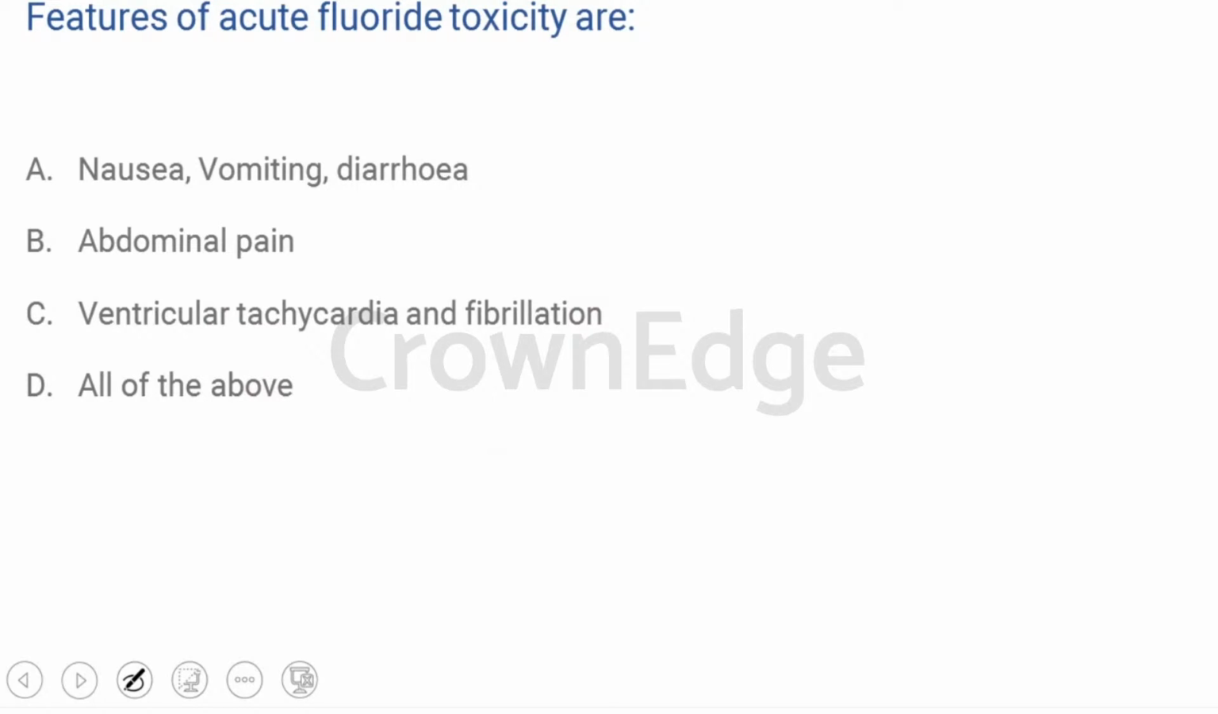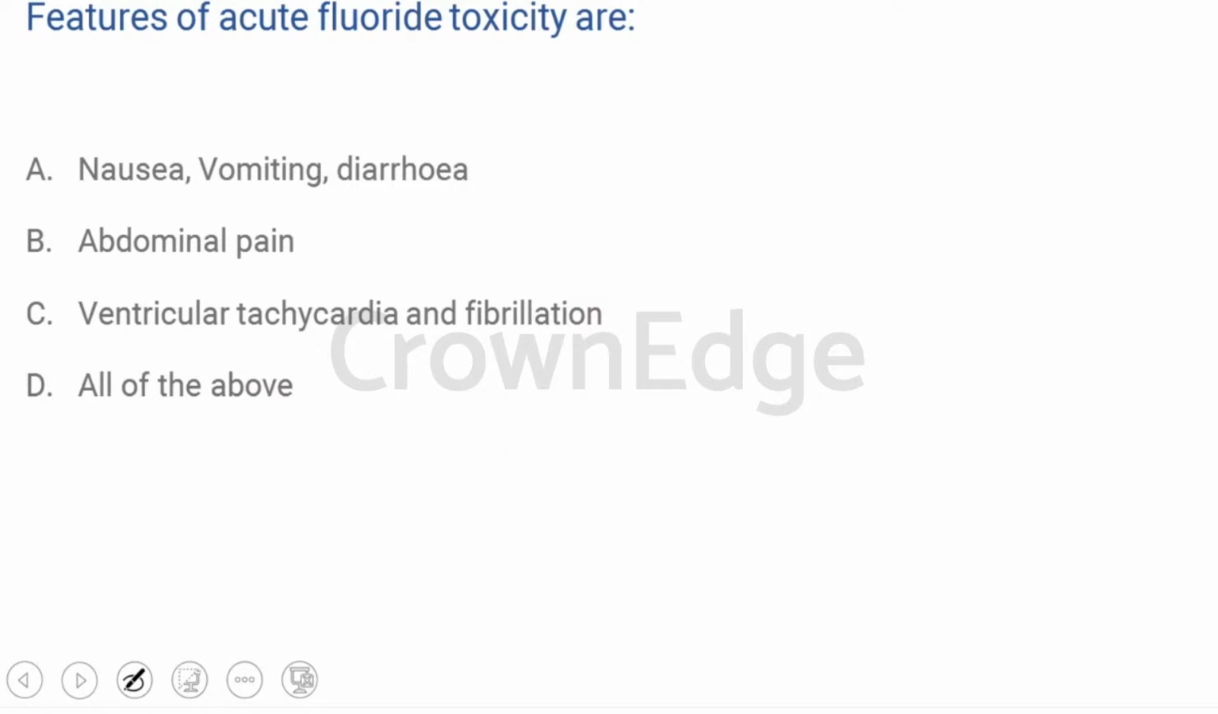Next question is features of acute fluoride toxicity are A. Nausea, vomiting, diarrhea, B. Abdominal pain, C. Ventricular tachycardia and fibrillation, and D. All of the above. So one of the acute features of acute fluoride toxicity is the option D, which is